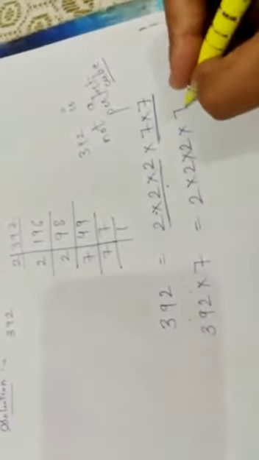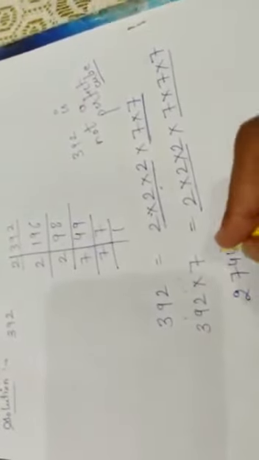So just check which number is required here. 2 is 3 times and 7 is 2 times. If we have 7 also 3 times, so this number will become a perfect cube. So multiply both sides with 7. 392 into 7, and here also 2 into 2 into 2, and 7 into 7 into 7. So 3 times, 3 times. Now multiply it, it is 2744. So 2744 is a perfect cube.